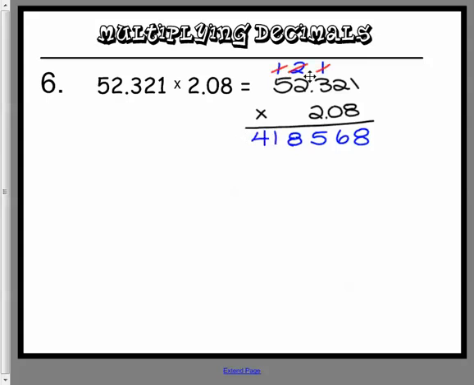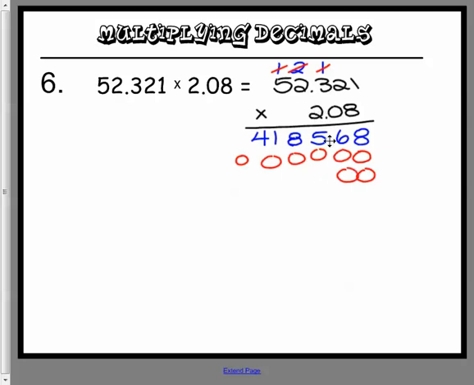Okay, I'm going to cross out all those top numbers. I'm going to have a 0 here for placeholder. And 0 times this whole number is going to give me all zeros. Okay, then I'm going to have a 0 here for placeholder and another 0 here for placeholder because this 2